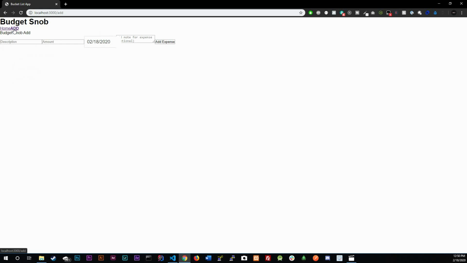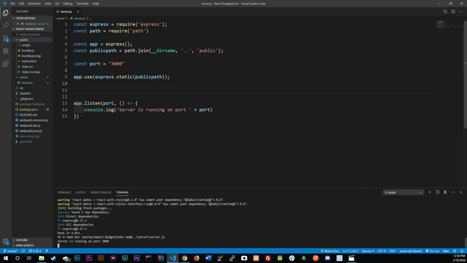But the problem is that if we have a /add and we refresh the page right here, you're going to see that it says cannot get /add. The reason is that Express is looking inside the public path folder, but we don't have a folder or a file called add. And that's a problem, because now we have to worry about /create, /edit, and all that stuff. So a way to get around that is to tell Express that every time someone goes to a route, say /add, /create, it doesn't matter what route,